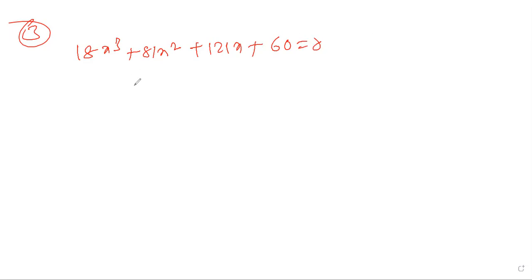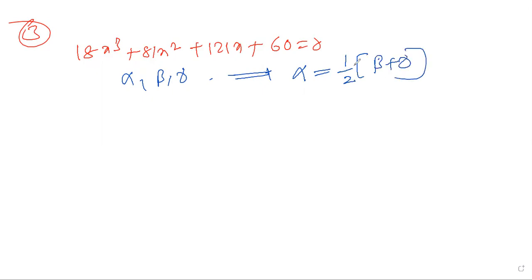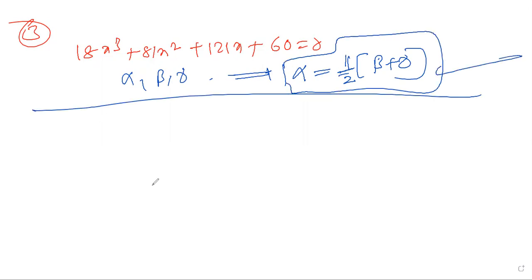So this is the equation having roots alpha, beta, gamma. Let us say alpha is a root, and it is half of the sum of the remaining roots, half of the sum of the other roots. Clear, right? This is a condition. By using this condition, you can find the answers.